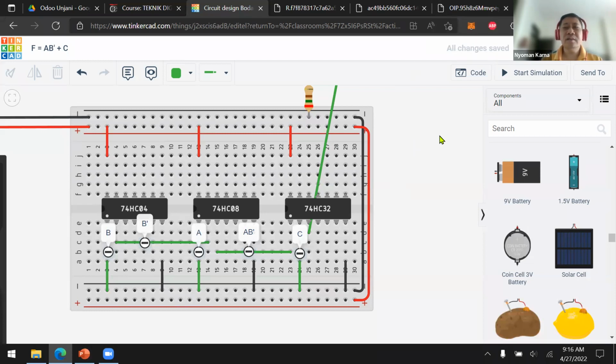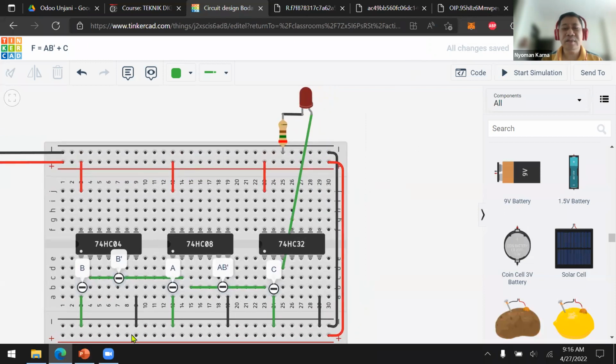Okay, now let's try to simulate this concept.